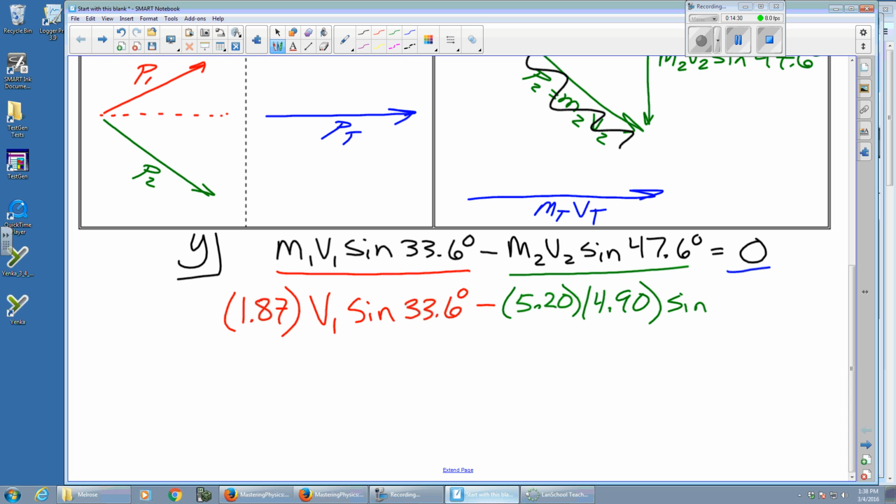sine 47.6 equals 0. So I've got all numbers except for that one variable. So let's pull out the calculator and make this look a little less nasty. So 1.87 times sine of 33.6 for me is